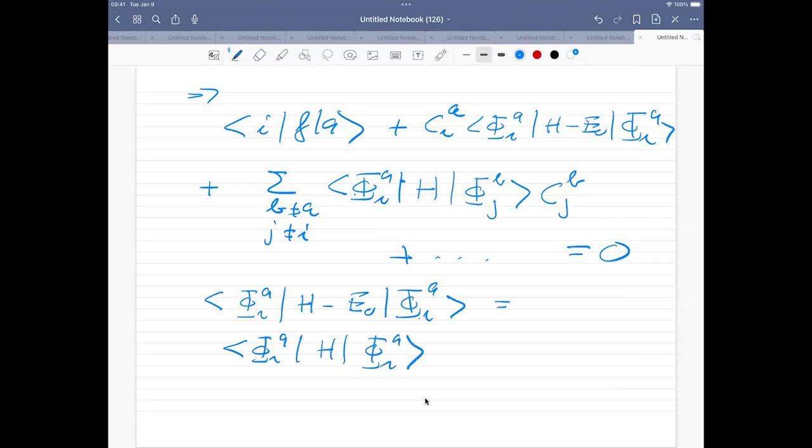So this contains a CIA coefficient minus, and then I get a CIA of E0. Now, the terms which you see there are terms which we have calculated, and I'm just going to list them here, and I'm not going to repeat the calculations of these terms, but what we get is the following,